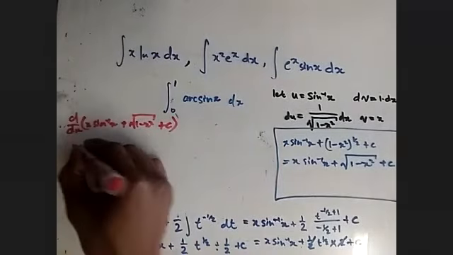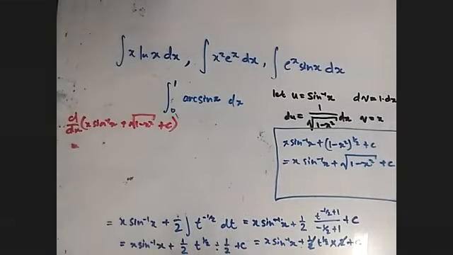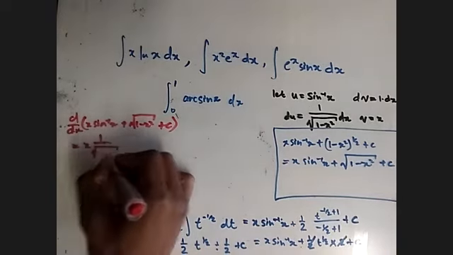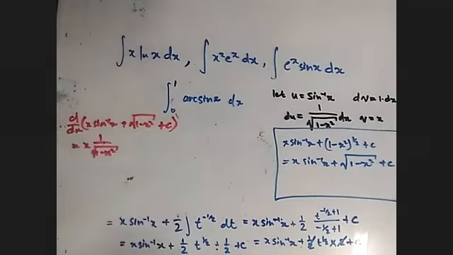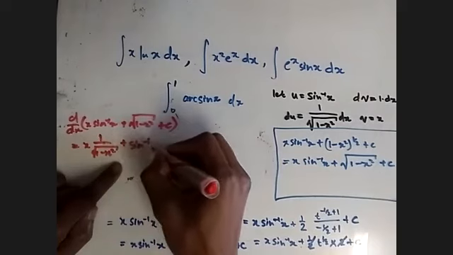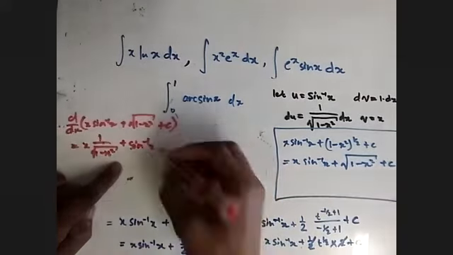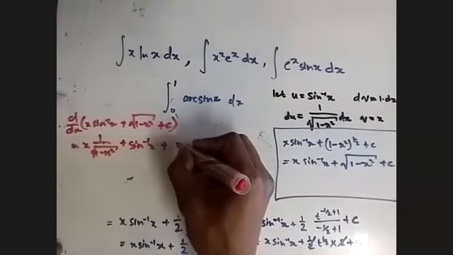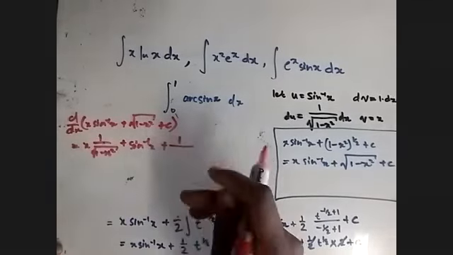Here we're going to use the product rule. So the product rule, we're going to have x times 1 over square root of 1 minus x squared, plus, we're going to leave this one now, x sine x, the derivative of x is just 1, plus this one, so I'm going to have 1 over